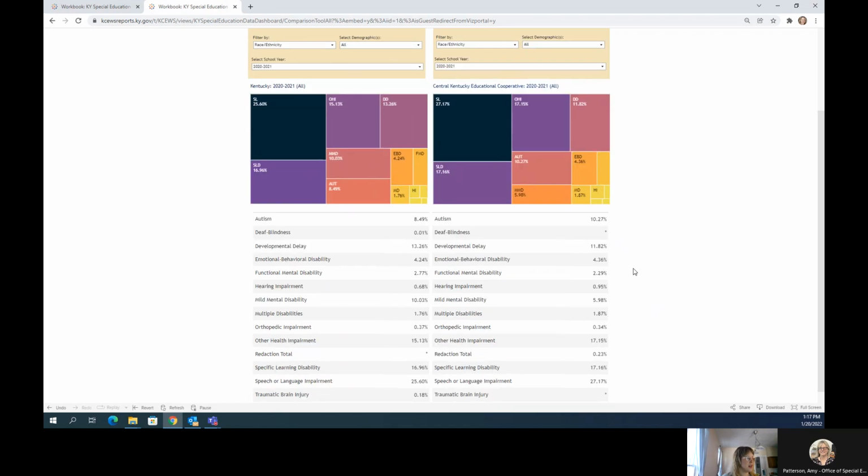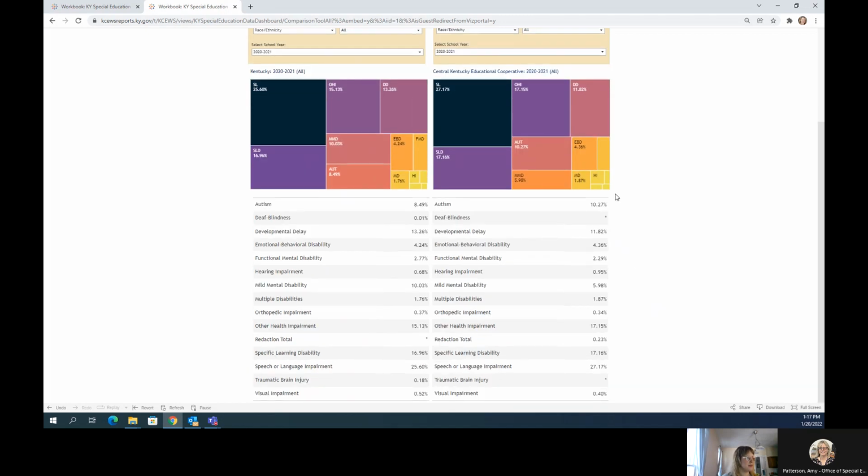However, we also want to provide information that might only be in these little boxes and can be a little hard to find. So there's a full table here of each of the disability categories where you can find the number of students within that category and the percent of the total. So for example, in the state of Kentucky, there were 8,970 students with autism for school year 2020 to 2021, and that made up about 8.5% of all students with